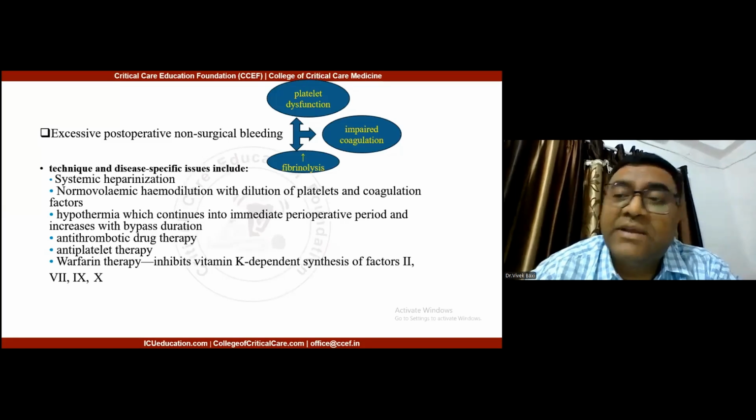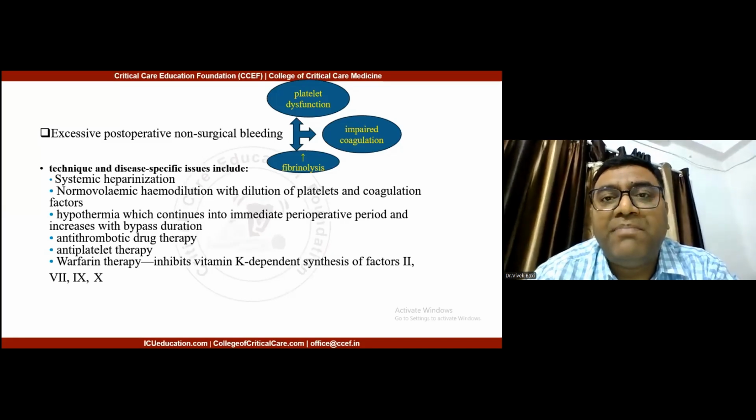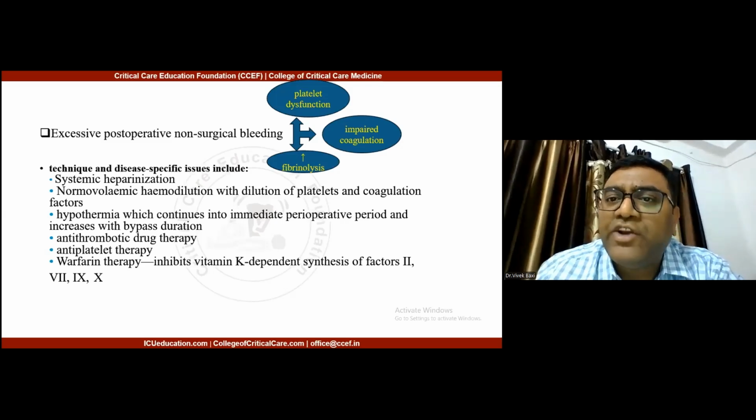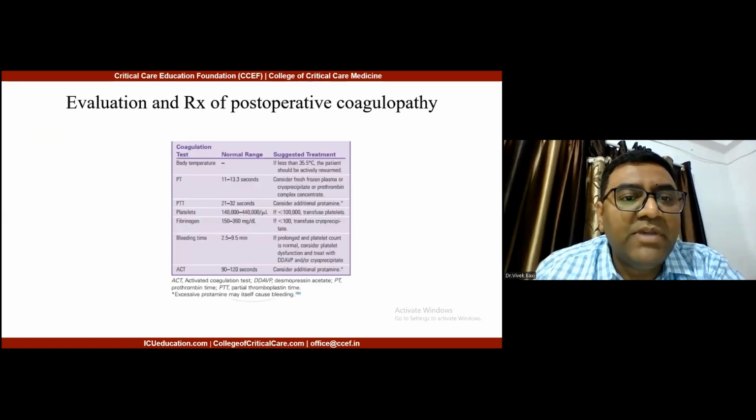Sometimes there is a need for emergency CABG in some patients, and the patient may be on antiplatelet clopidogrel, aspirin, or heparin also, and such. Sometimes they need to be taken for emergency bypass surgery. So there is risk for all these bleeding factors. Now,